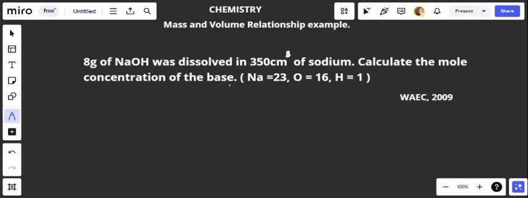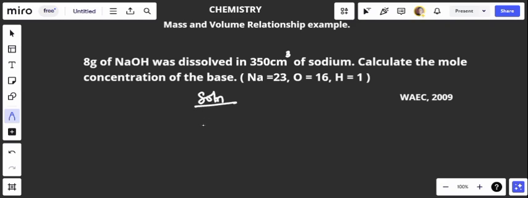Now the base we are talking about is actually sodium hydroxide. Sodium hydroxide is a base, not an acid. And here they have given us the atomic masses of the individual elements that make up the base, sodium hydroxide. So we have to calculate the mole concentration. Mole concentration is the same thing as